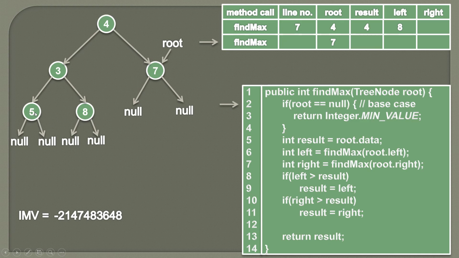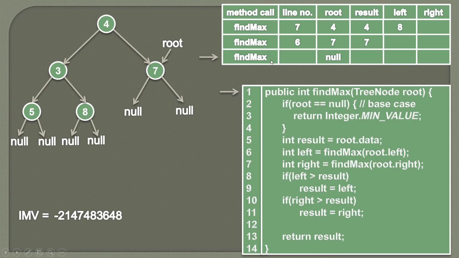What we saw with 5 and 8, we'll simply quickly go over this algorithm. Root is not equal to null. We'll store the root's value in the result field, which is 7. We'll recursively go to the left subtree now by passing in root's left. As we are leaving at line number 6, we'll store line number 6.